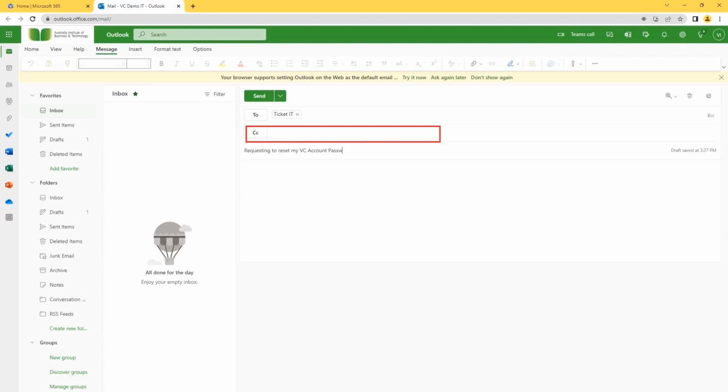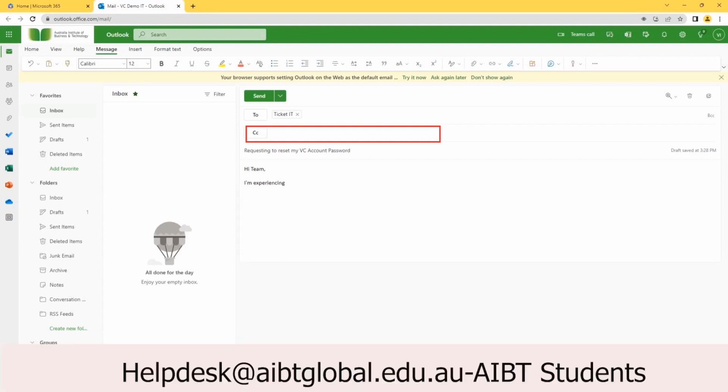Please note that this ticketing portal is intended for staff use only. For students from other RTOs, they can contact their Student Support Team, SST, to relay their concerns on their behalf. For AIBT students, they have their dedicated portal, which is helpdesk@hglobal.edu.au. Additionally, if the account issue is not related to ICT concerns, it is recommended to refrain from including IT